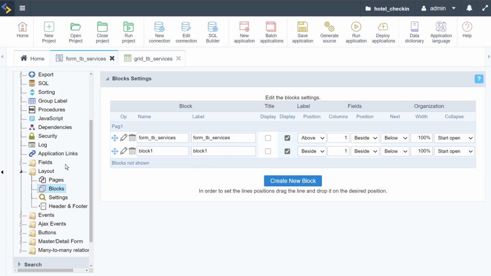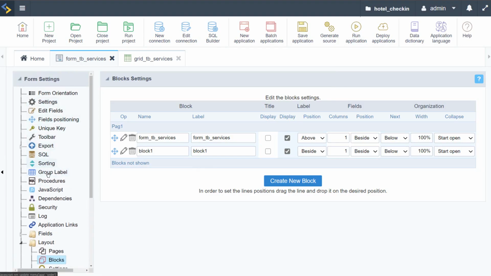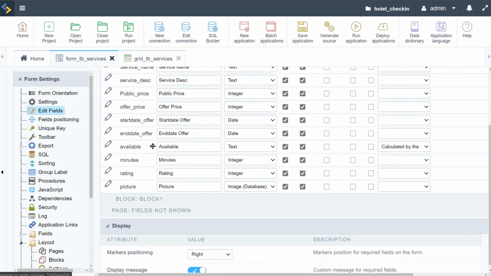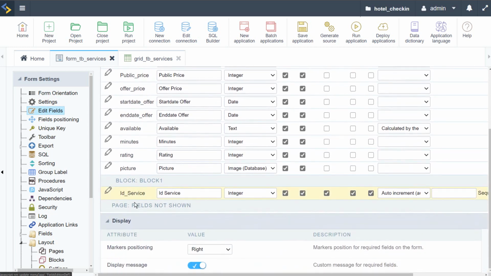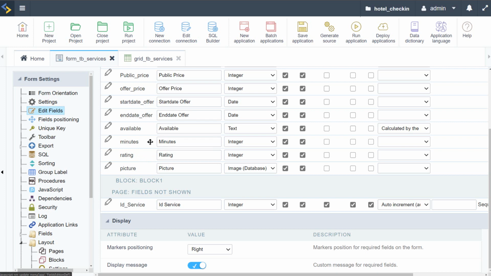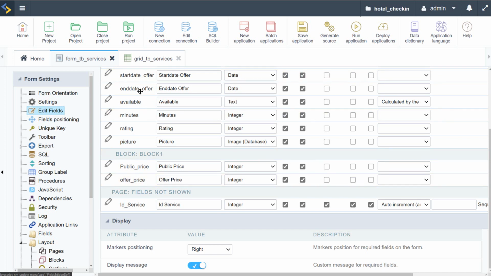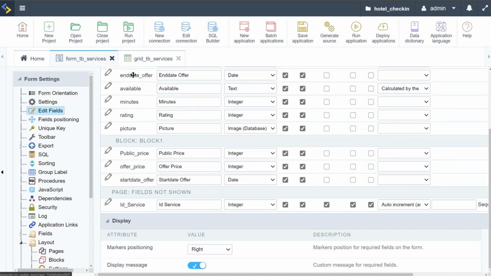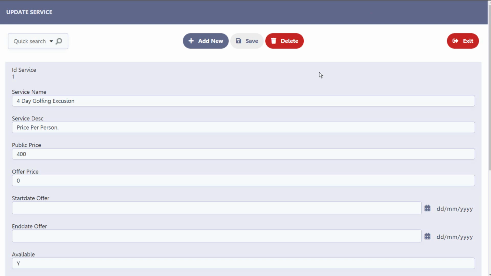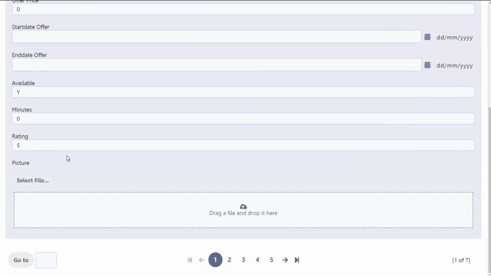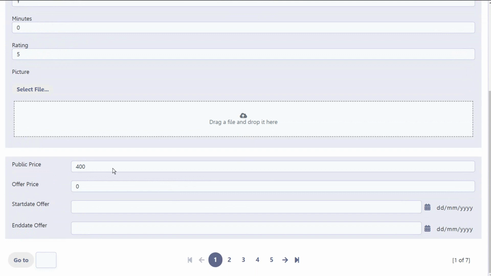So if we go ahead and do that now, I'll scroll back up here and access here the edit fields, and then here I can just drag and drop these values to where I want them to be. So I'll drag that to block 1 and then not shown, and then what we will display here is the public price, the offer price, and the start and end date offers for the sales. Okay, so if I go ahead and run that, we will now see that we have a new block added below the current one,